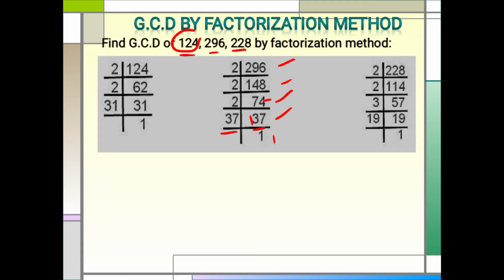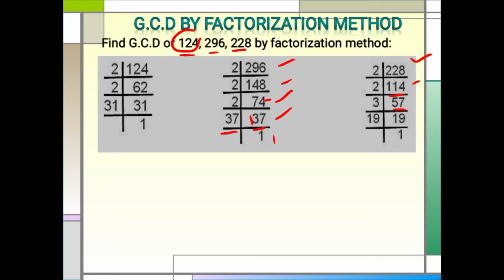Okay, now next you have 228. So what you will do, again you will start from the least prime factor, and your least prime factor is obviously 2. So 2 into 1 is 2, 2 into 1 is 2 and 2 into 4 is 8. Next you have 114, and this can also be divided by 2. So you will simply write 2 into 5 is 10. Okay, 1 will be carried to the next number, and 2 into 7 is 14. Okay, now you have 57. At the end you have 7, that is an odd number, so obviously you cannot divide it by 2.